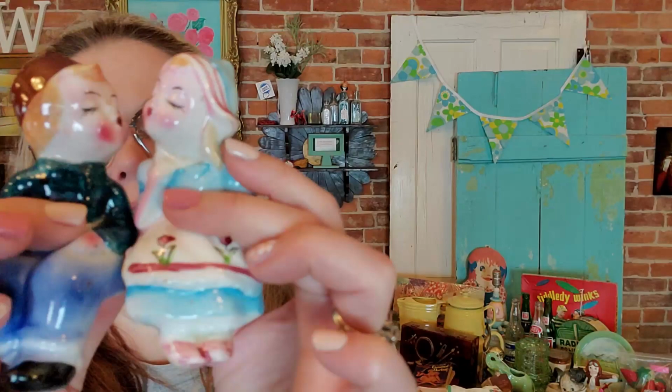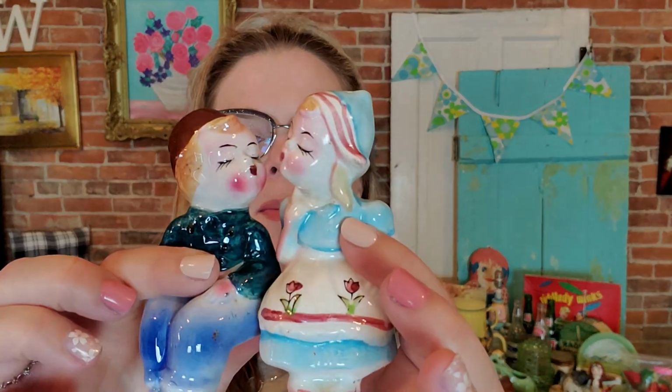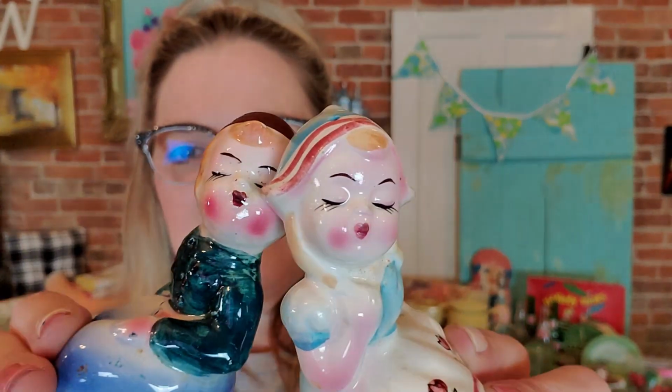kiss with their eyes closed because, you know, that's fancy. It's not really, but they do have their eyes closed. They're innocent. It's an innocent kiss. But these are in excellent condition as well. There is just a little bit of rubbing from where they have been sitting together and smooching for quite a long time. But these cuties, look at their little faces, are also available